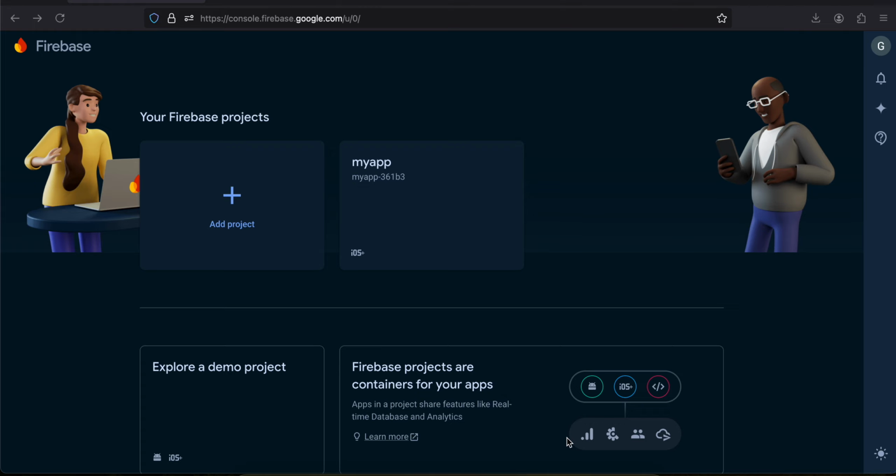In this video I will show you how to integrate Cloud Firebase Storage in a native iOS application. So let's get started. Firstly, you will have to come to